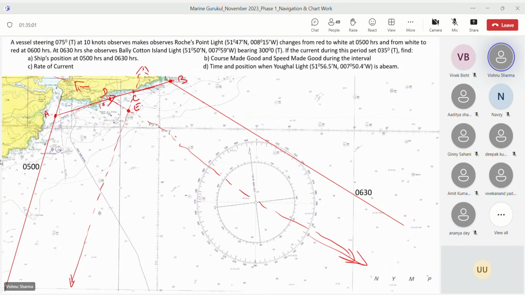Don't get panicky. Just come on the other side of E. I can complete there also, but that will be a little more confusing to everybody. And don't rub off anything. Do one thing. Put A dash, B dash, C dash and D dash and leave them with dash. And now take any point A here, draw the CTS. This will be point B, this will be point C, this will be point D, and now continue your plot out here. Is that clear?